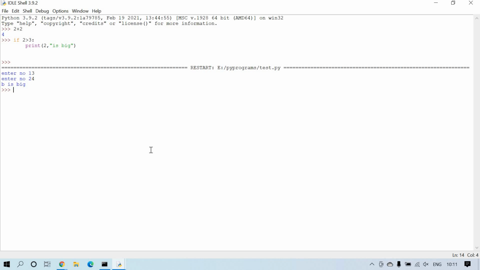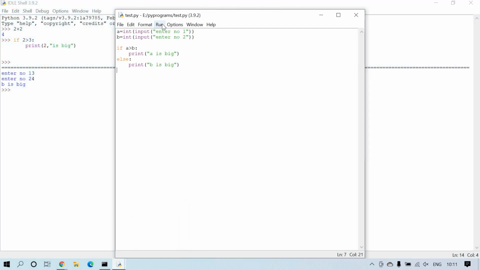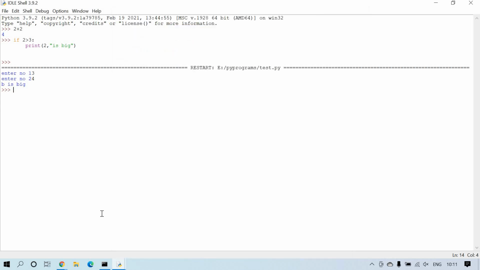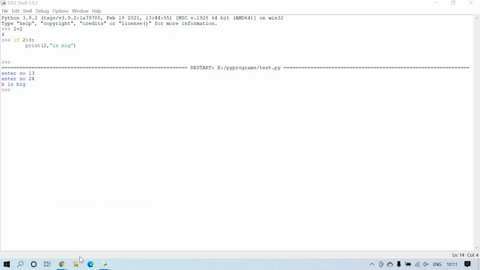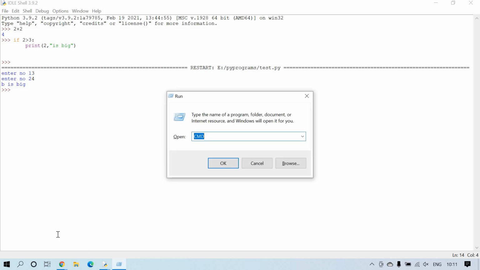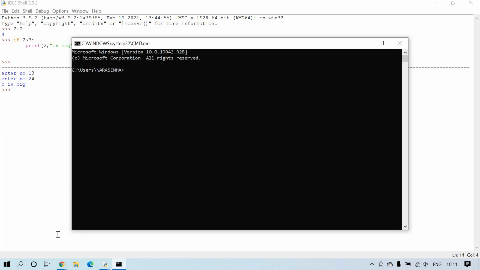Now let's see one more way to execute this program. See, here I'm using run module, running directly by using the IDE. But if you want to run the same program with command prompt, how can you do it? Now let's see. Open command prompt. I opened command prompt, and then